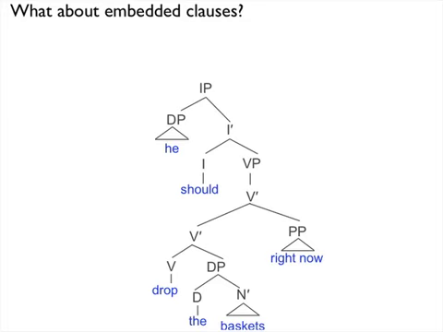It doesn't allow a modal auxiliary to come after it, but it allows any other kind of auxiliary, just like should does. Should have been going to the store. I would have liked for you to have been going to the store. If can't do it in every infinitival structure, right? So then in that case, the I node contains a preposition, at least historically, that has the function of saying,